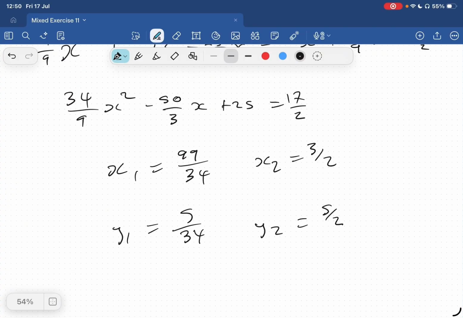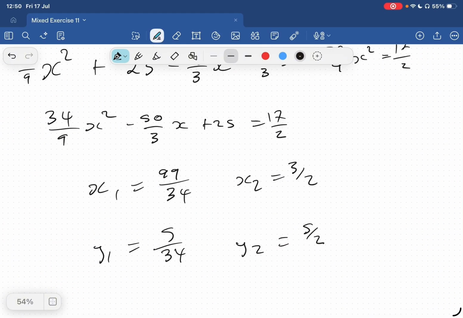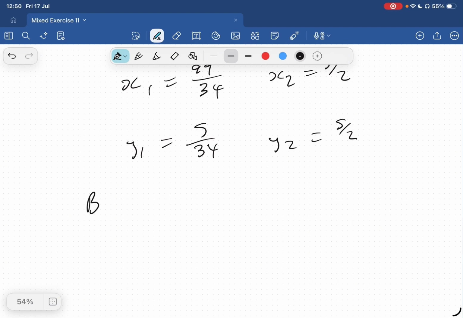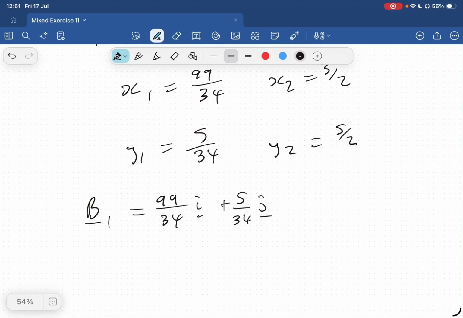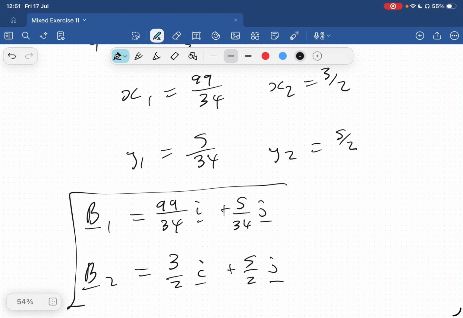We can now put it in i and j form as the question asked for. Vector B1 would be 99 over 34 i plus 5 over 34 j, and then B2 would be 3 over 2 i plus 5 over 2 j. And that now is our final